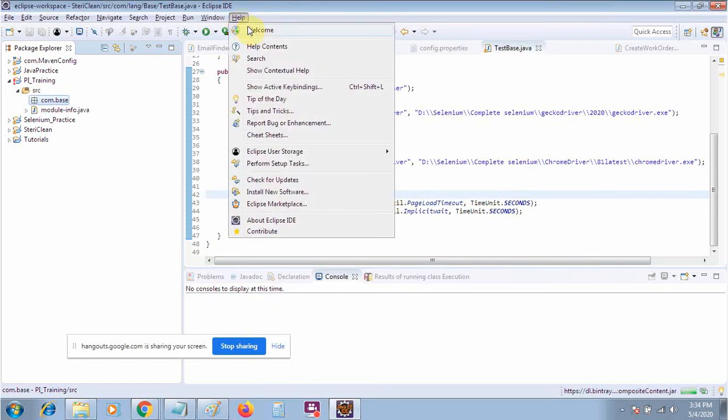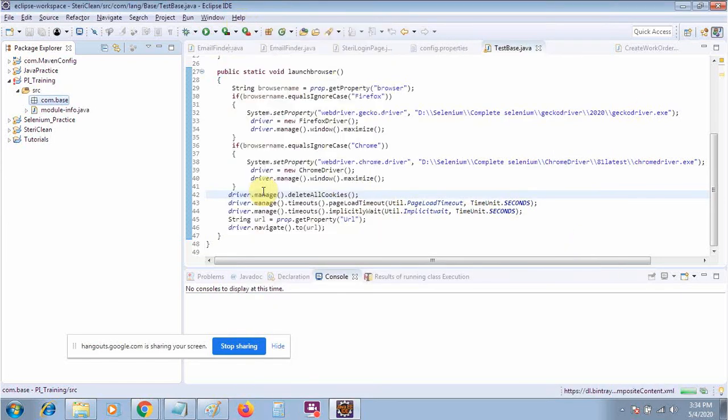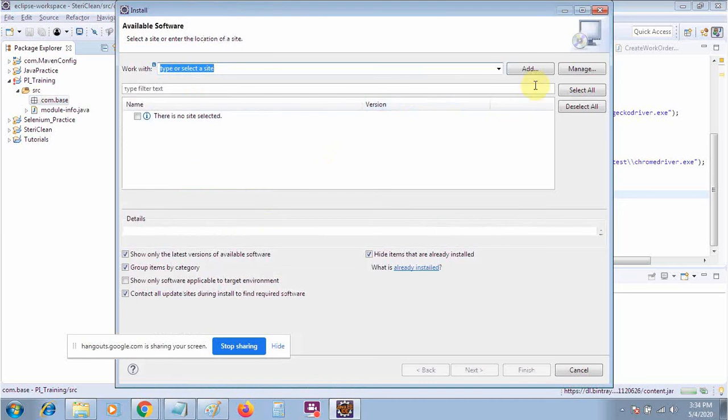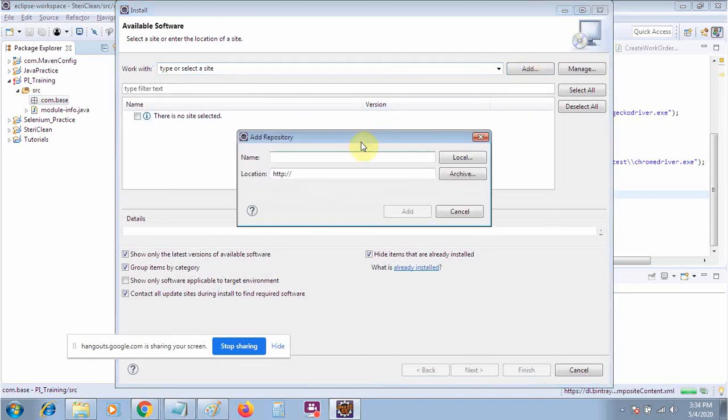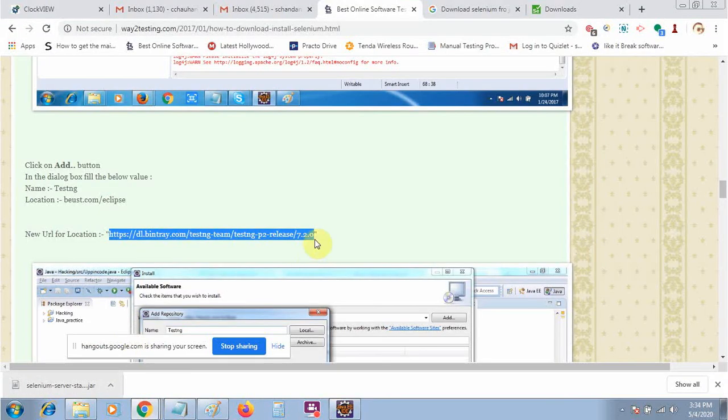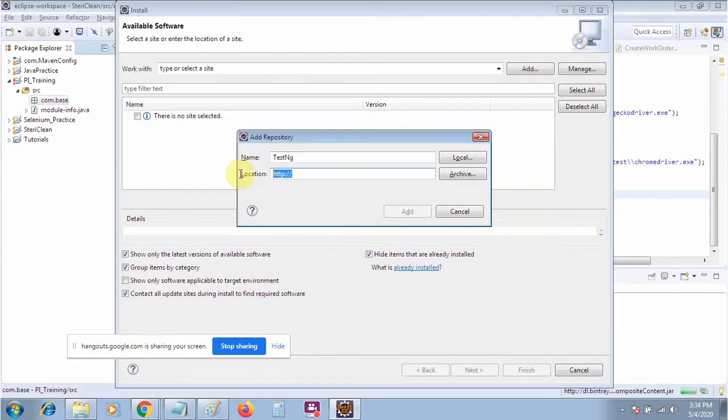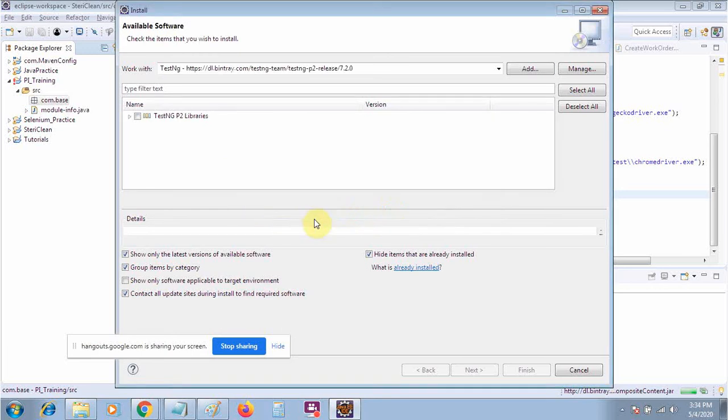Go to Help and click on Install New Software. Click on the add button, and type TestNG, and whatever the URL is here, just copy this URL and paste it over here. Then click on the add button. It will appear as TestNG. You need to click this one, and then next.